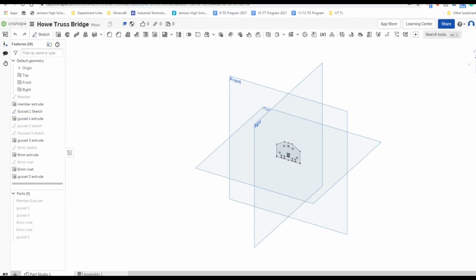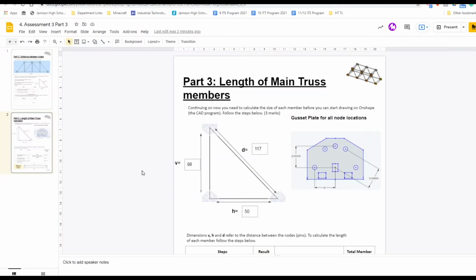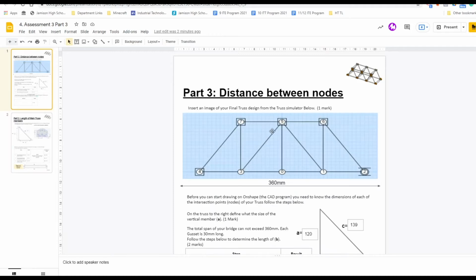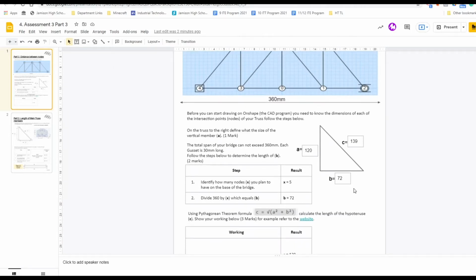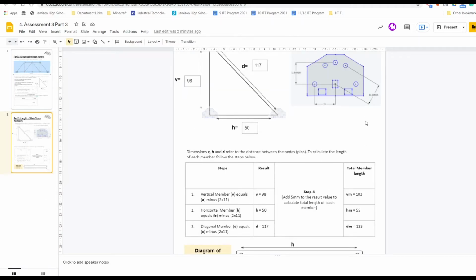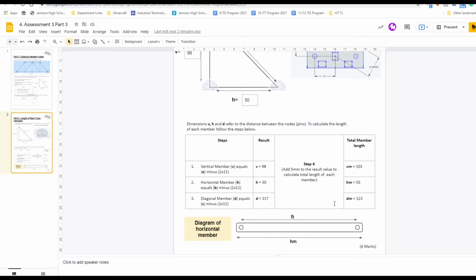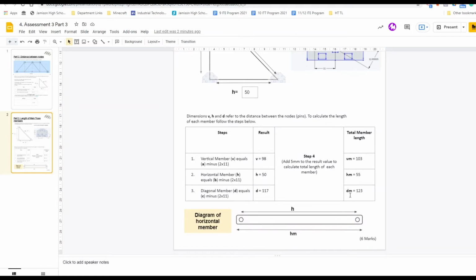I'm just going to jump into our previous document that we're working in. As you can see, I've drawn a Howe Truss bridge. I've calculated the distance between our nodes and our different lengths. But now I've also gone further down onto that second page and calculated the distance for the horizontal members and the diagonal members. So VM, vertical member, HM, horizontal member, DM, diagonal member. And as you can see, we've got all our numbers just there. So we're going to put them in and create a couple of new members inside of our